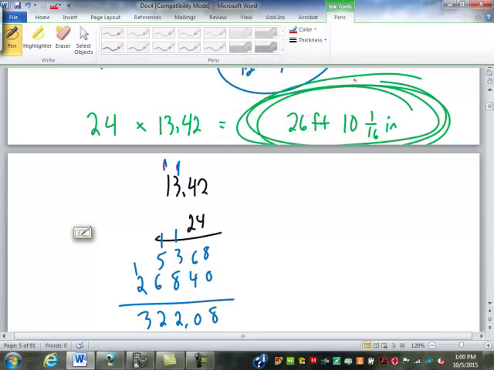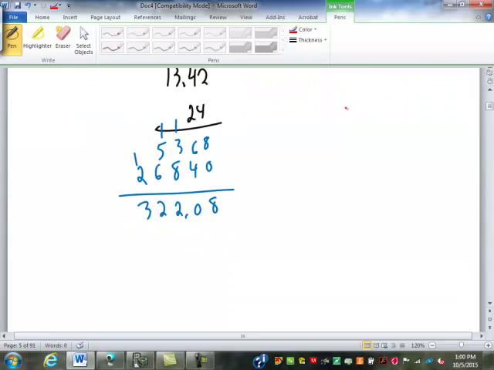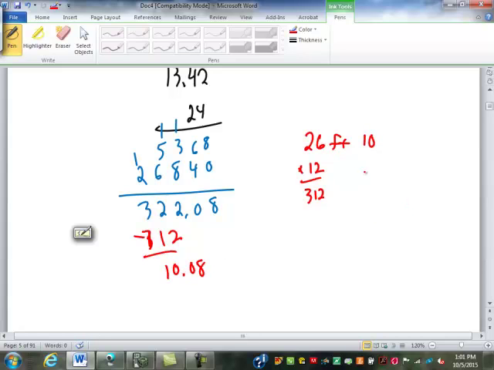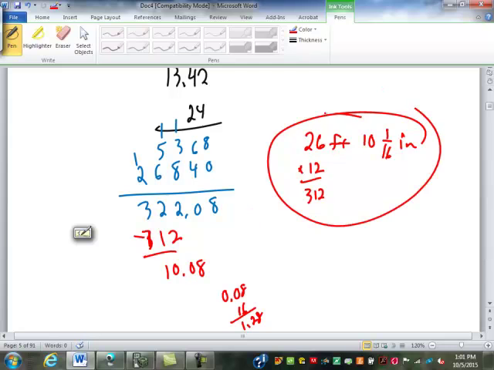They know that 360 is 30 feet. 48, 312 is going to be 26 feet. So this 26 times 12 is 312. So they subtract 312, gives them 10.08. So that's 10 inches. And then they know the 0.08 times 16 is 1.28. So that's going to be 1/16. Okay, so this was